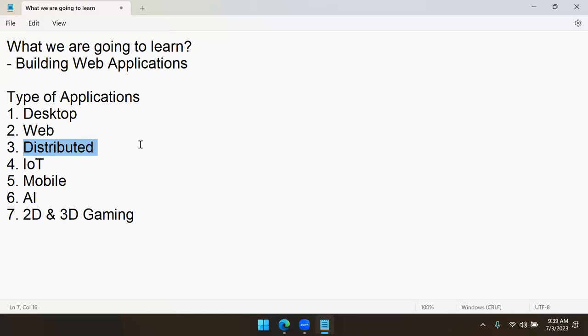Artificial intelligence means you have Alexa, you have Google Home, right? You have Siri. Yeah, all these, ChatGPT, good. All these are what kind of applications? Artificial intelligence, AI applications. 2D, 3D gaming applications means usually you will see game consoles like Xbox, PlayStations,